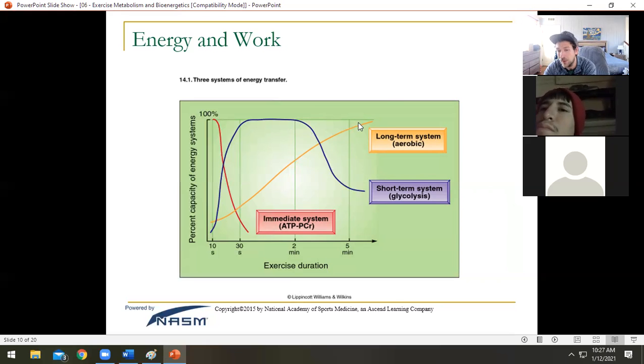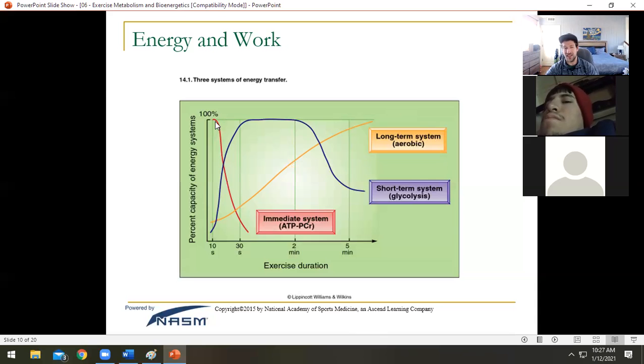And now what's cool about long-term, we're seeing this is the 5-minute marker here, right? This could go for 12, 16 hours. Like it can go forever. It can go unlimited, right? Non-stop. So this aerobic process can literally just go forever because it's bringing in oxygen for long-term energy,